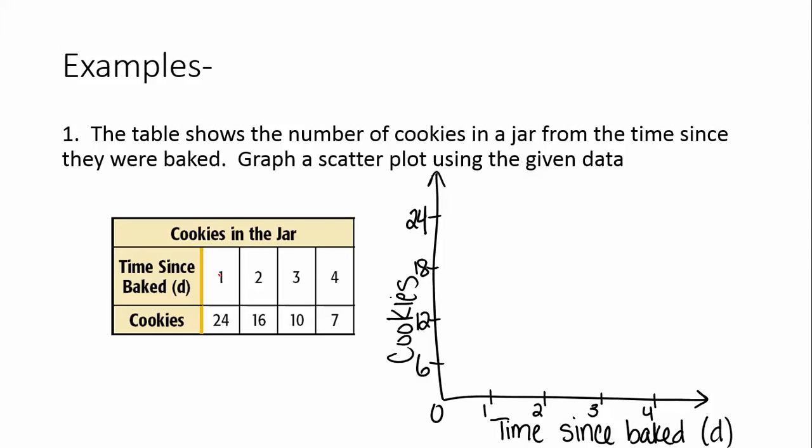So, in the first day, there are 24 cookies, so we're going to plot 1, 24. Second day, there are 16 cookies. The third day, we have 10 cookies. And on the fourth day, there are 7 cookies. So you can see that it's not a linear relationship. And really, to get a good indication of a scatter plot, we like to have several points. But you can still see here that